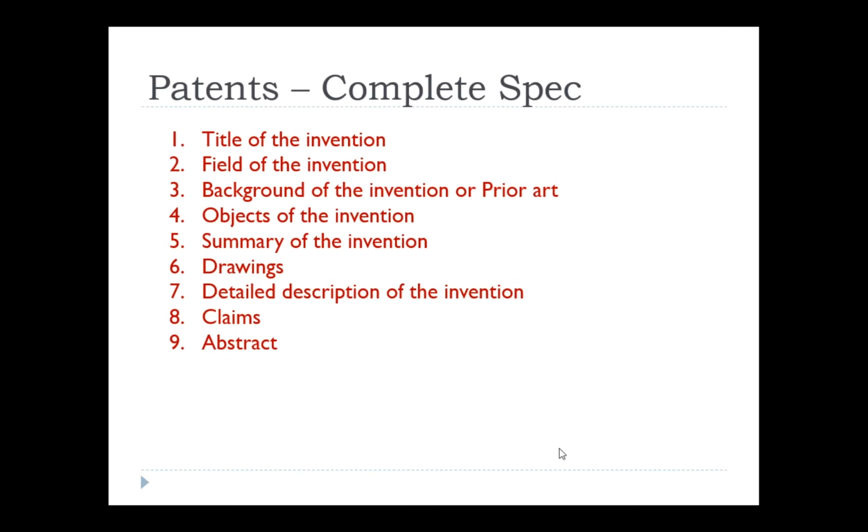And finally we have the abstract. Abstract, again, is a concise output of your claims. All the claims can be condensed and written in the form of an abstract, and it is mandatory that your abstract should be less than 150 words. As such, we cannot write as many as we want, right? And it is a concise output of claims.